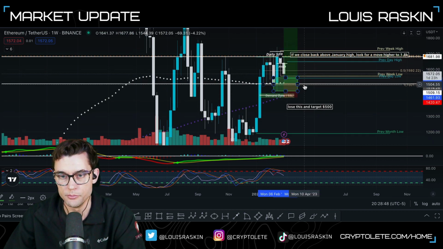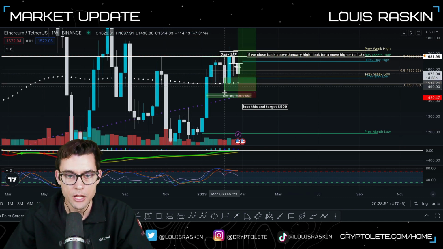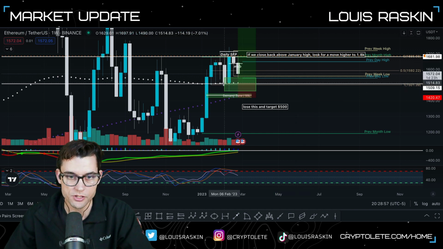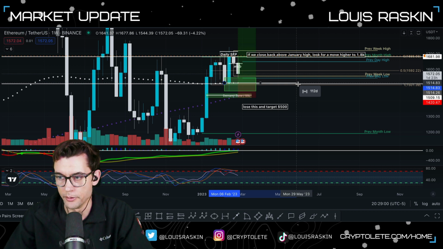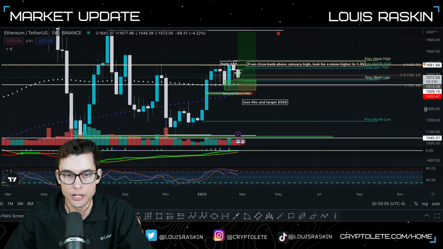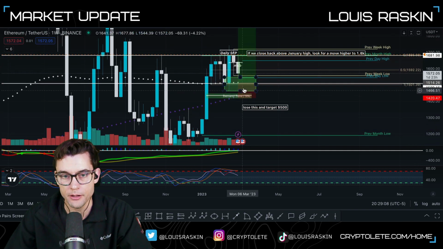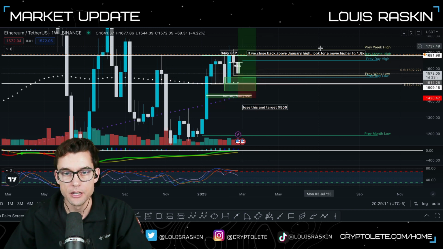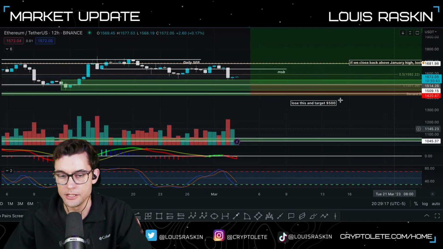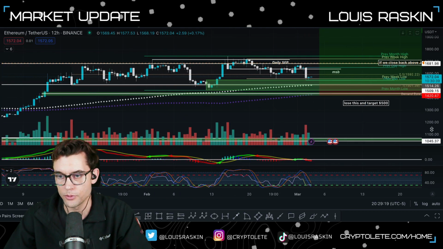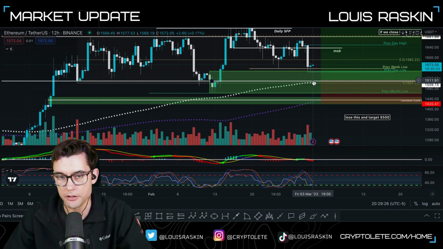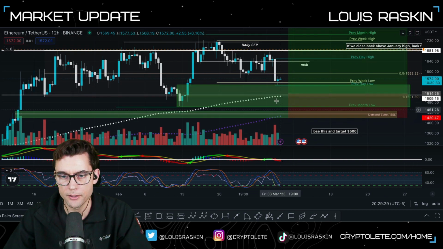So what I want to make sure is that we do not go below this low, or actually, below the closes. So if we close below here, below 1,500, then that would be pretty bad. I would not like that. I would love to see a sweep though. I'd love for it to just come down and sweep this and then shoot back up. But if we go to the lower time frames, we could probably get a cleaner picture of what's going on right now. And so, yeah, you can see that it didn't hit my buy right here for Ethereum. Bitcoin did, but Ethereum got bought up a lot quicker.